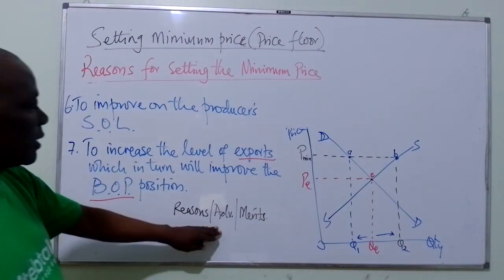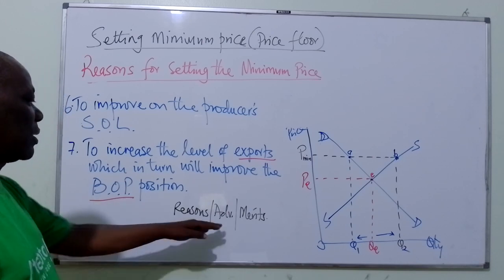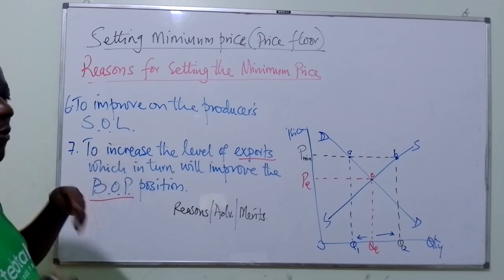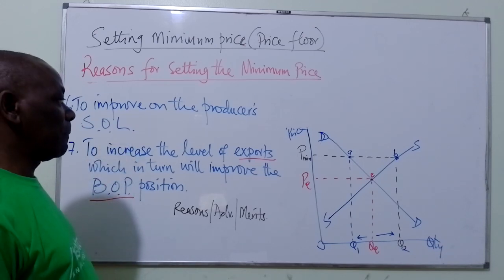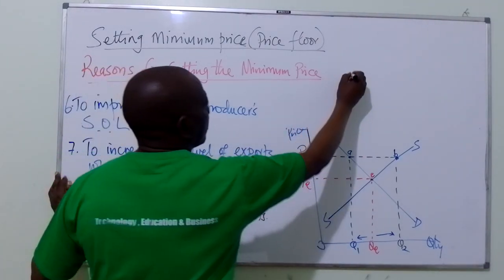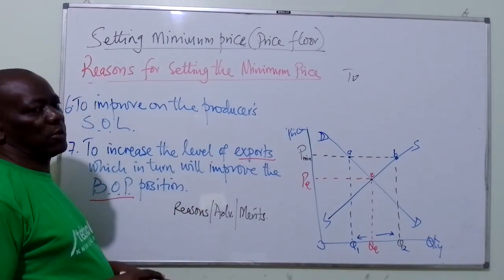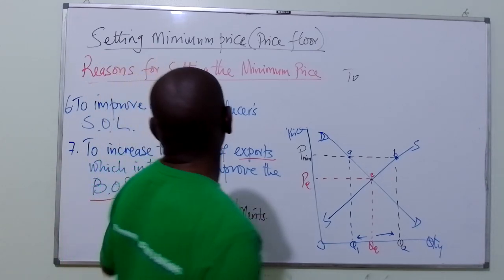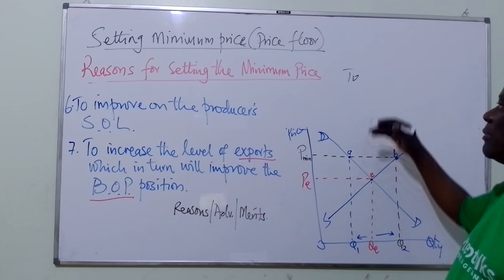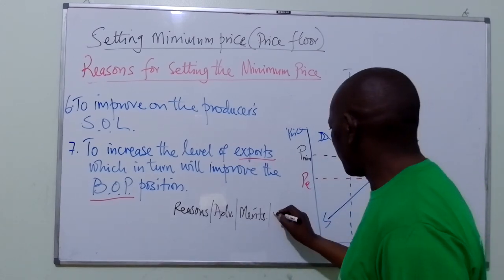So the reasons are advantages, merits, and so if they say what are the benefits, we are talking about advantages. What are the merits? What are the reasons? And the same way we talked about, when you are presenting reasons, we begin with the two. And when we say what are the advantages of setting minimum price, if the question has come, so what are the advantages of setting minimum price, or what are the demerits, or what are the positive